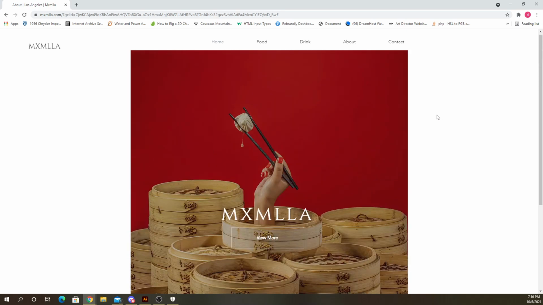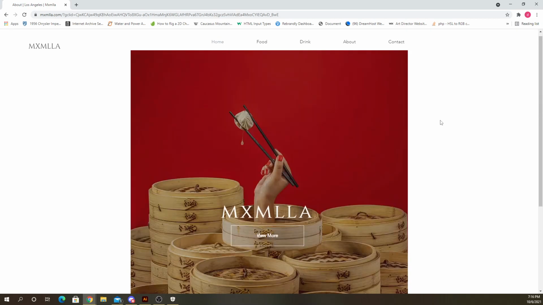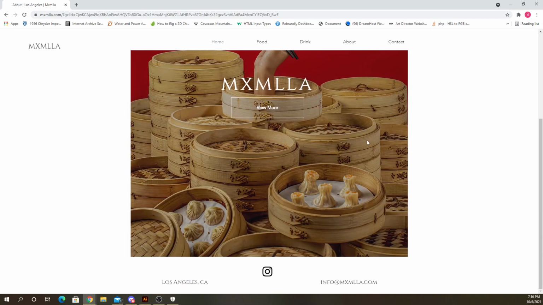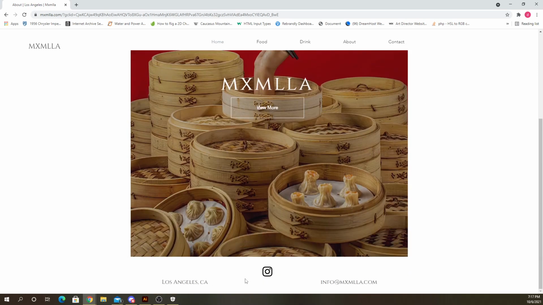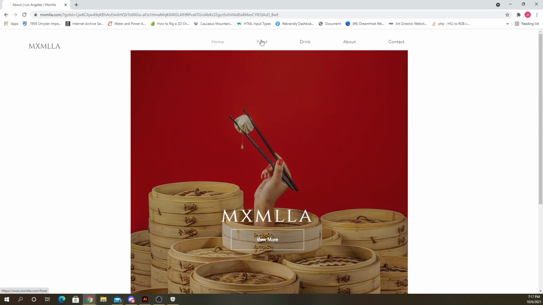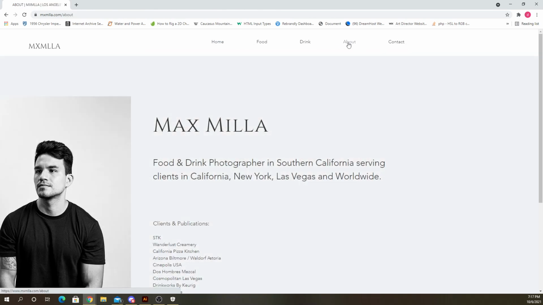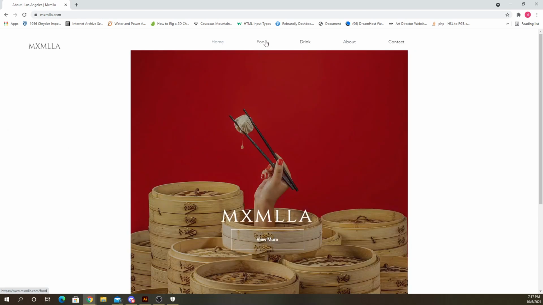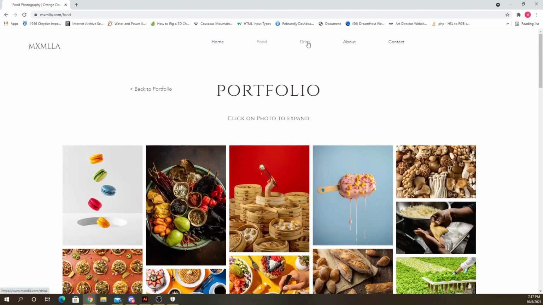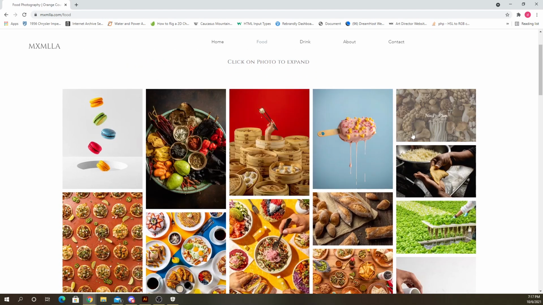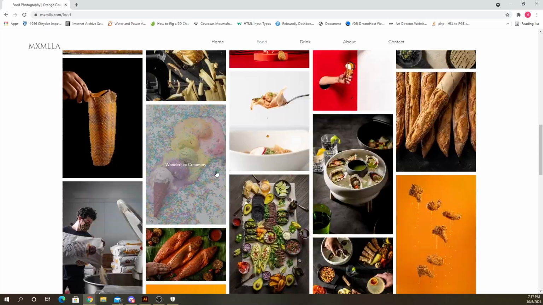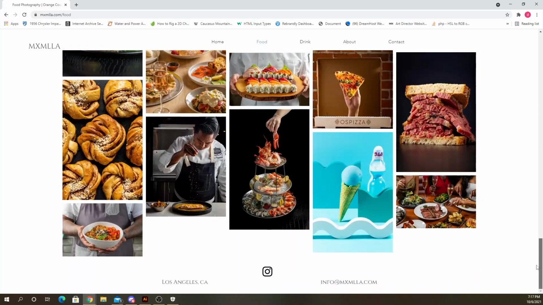Simple. You just have a big picture at the top with a fixed navigation. I don't know, it's just like a nice effect. Very clean looking. And I guess this guy is a chef. Yes, food. And no, he's a photographer. Okay, food and drink photographer, not a chef. And you can see here he's got his images set up in a whatchamacallit, mosaic